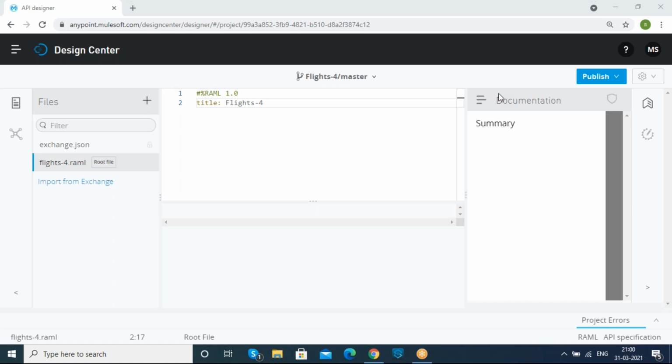So here, the scenario we are picking is, whenever any user comes into a flights application to book a flight ticket, he will be able to search it according to the destination parameter. So exactly in the same way, at the starting point, the first API we are going to design is based on flights. Whenever a user comes into our flights application, they will be able to search according to the destination parameter and get the response.